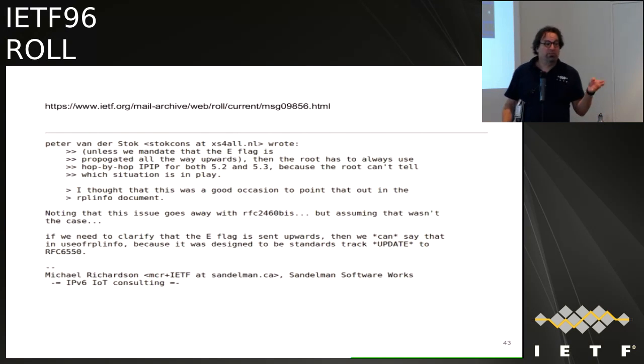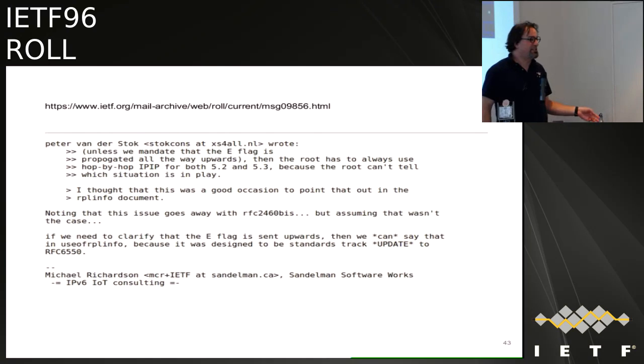And then we have the E flag. Do we want to write some text that makes it clear the E flag is supposed to propagate up, that it should be set for hosts? And then the question is, should the universal zeroness of it be announced back to all the nodes in the DIOs, saying you live in a pure RPL environment and you don't need